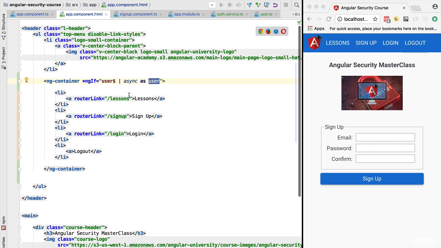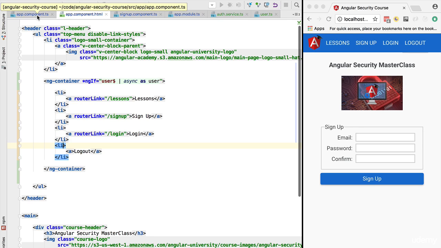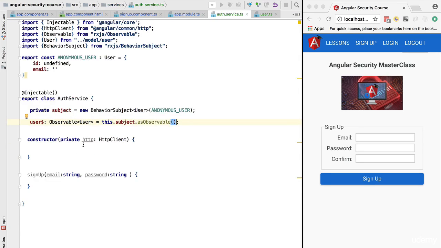And based on this user data, we could start writing conditions such as show the logout button only if the ID is undefined. The problem with this approach would be that there might be other places on the application where we also want to know if the user is logged in or not. So we don't want to sprinkle everywhere the condition user.id equals undefined or test for the truthiness of the user ID property. So instead, what we're going to do here is we're going to go back to the authentication service